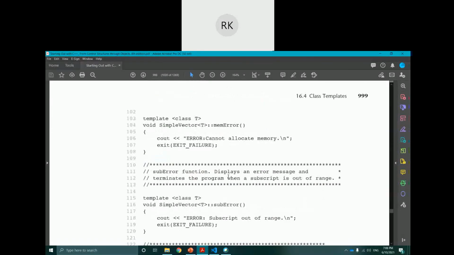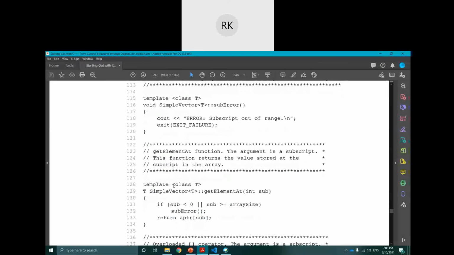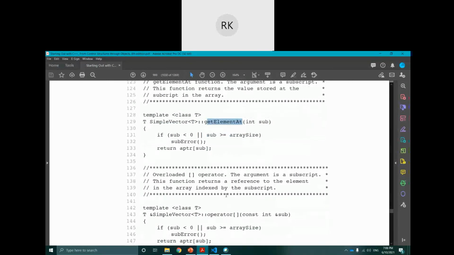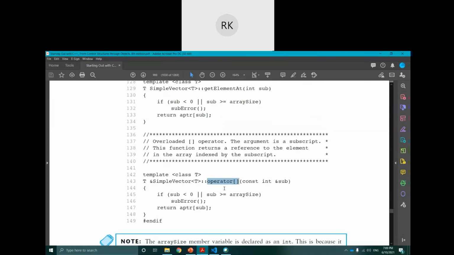Now even in int main, if you go there, as many functions are there in the class, every T represents one data type. You see, this is another function, the get element at function. Another function, you see, operator. This is operator overloading, which is already provided.